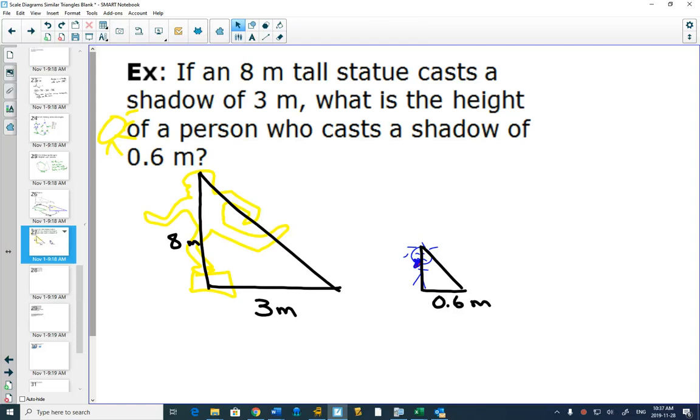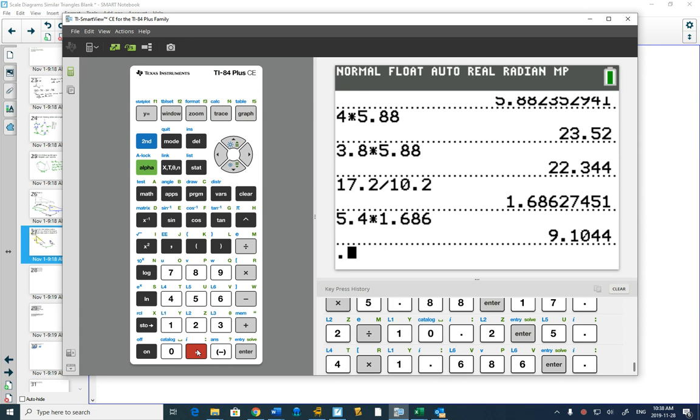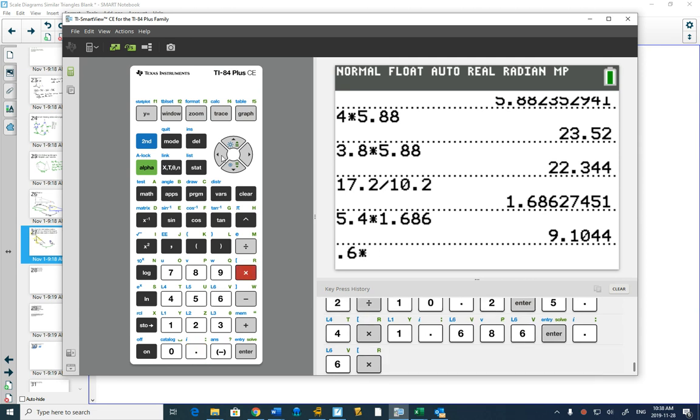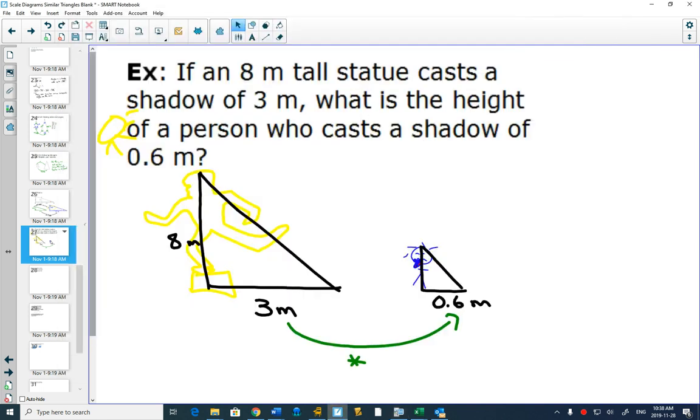How tall is this creature, we'll just say, from now on? Well, because it's the sun, it will make the same triangle. It'll make the same angles. And so these triangles are similar. And then we look, what would I have to multiply by to go from 3 to 0.6? Well, I take out my calculator and I say if I take 0.6 and divide it by 3, not multiply, divide it by 3, I get 0.2. I'm multiplying by